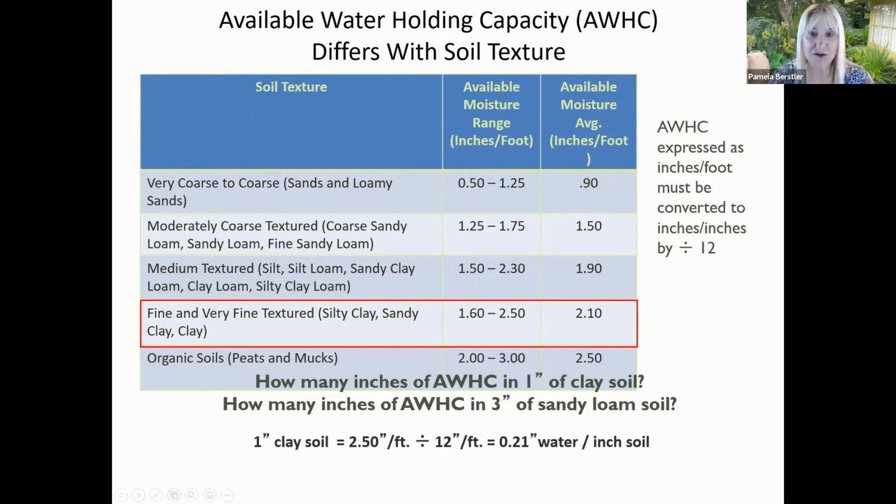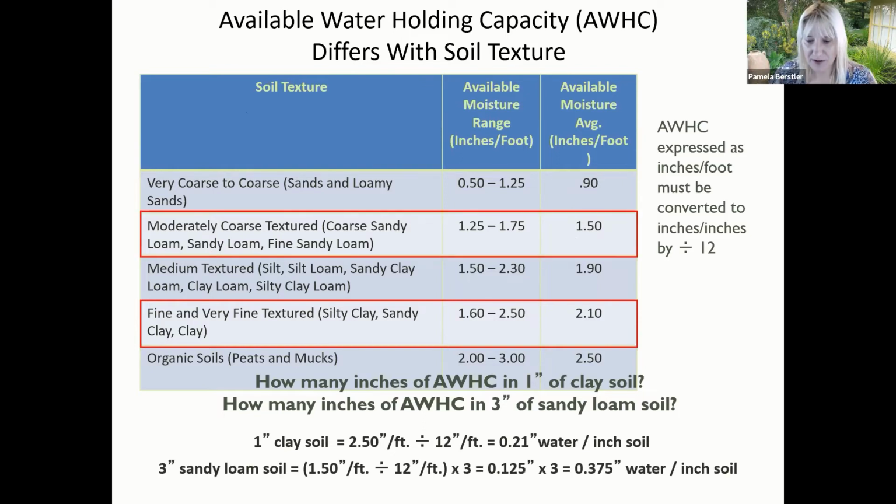So that's the answer to the first one, which is how many inches of water are in an inch of clay. And here we have the sandy loam soil. We take the 1.5 inches per foot, we divide by 12 inches per foot, and we come up with a number, and we multiply that by 3, and we realize that it is 0.375 inches of water per inch of soil